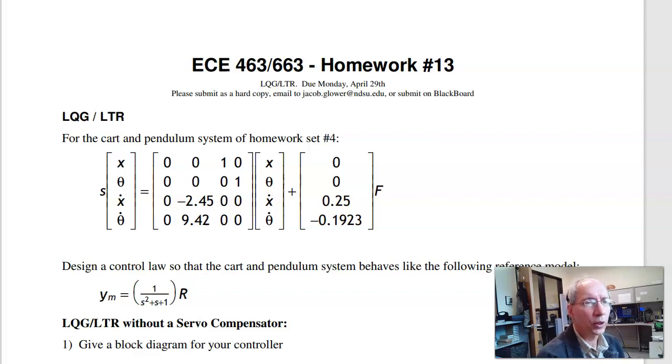Here are solutions to homework set number 13 for ECE 463-663 Modern Control. This homework set looks at LQG-LTR methods. So the first problem is, given a cart and pendulum system, something that we've looked at before,